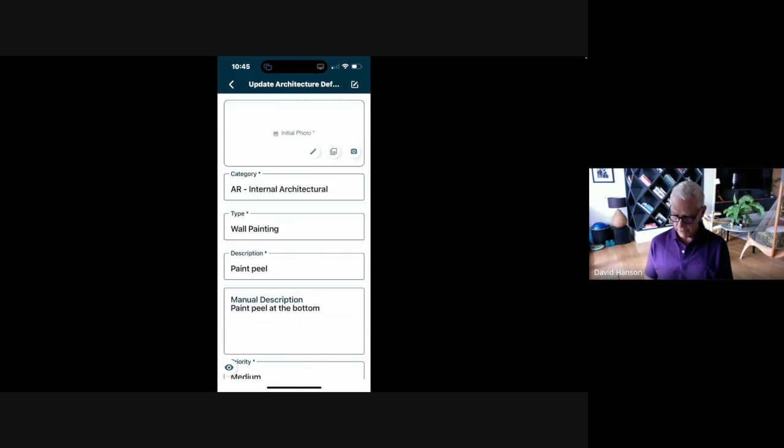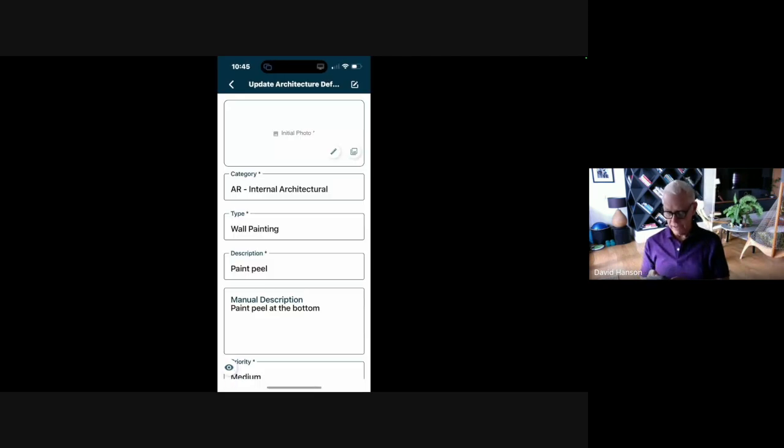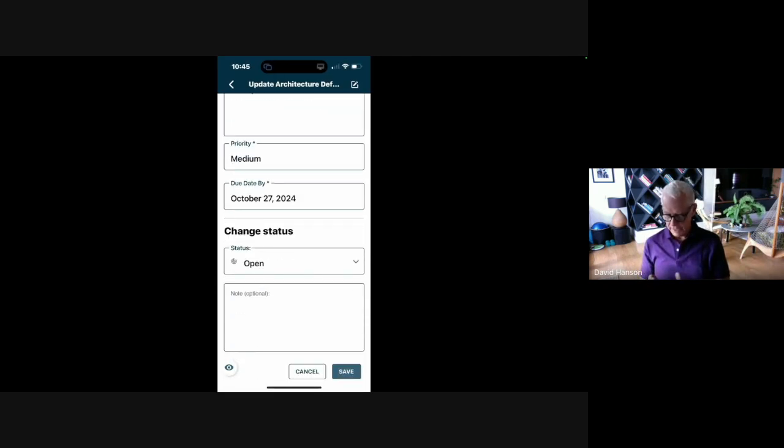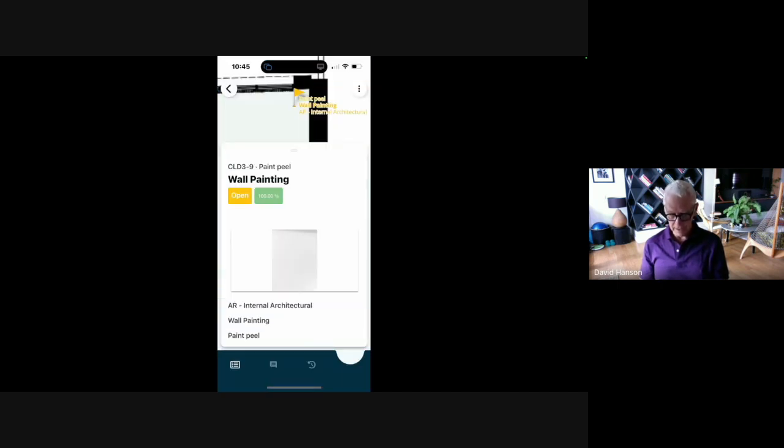Here the mandatory field is wall painting. I can click on my camera, take a picture, okay, and now all the mandatory fields have been completed. I can open it now, okay, and now this is assigned to the main contractor,